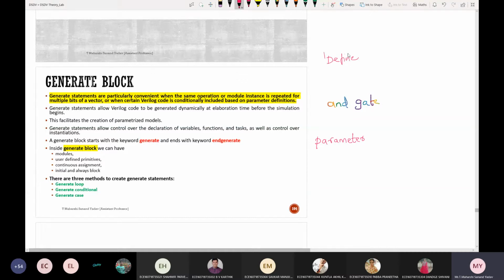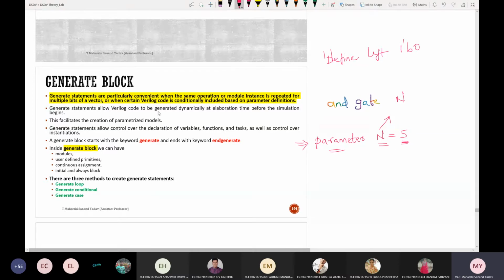Similarly, in the above example which I have shown, we have done something like this: take define left shift, I'm giving some value. So similarly, a parameter will also hold a value for something. So here parameter n is equal to 5. So whenever you are using the word n, it will be replaced with number 5. So parameter n is equal to 5 means it is almost equal to define.